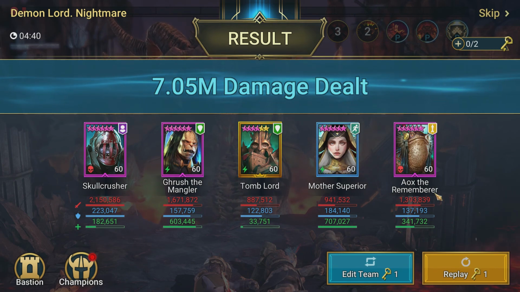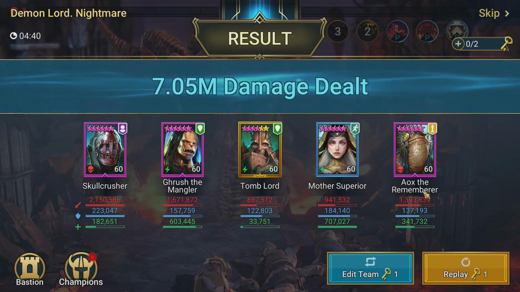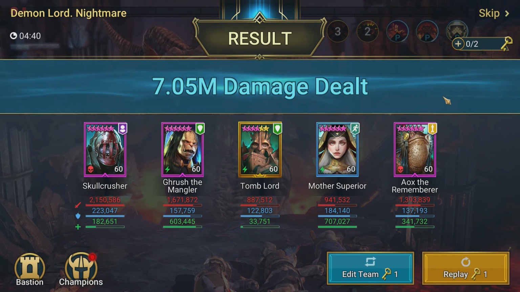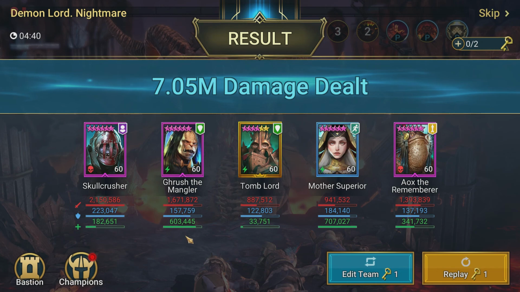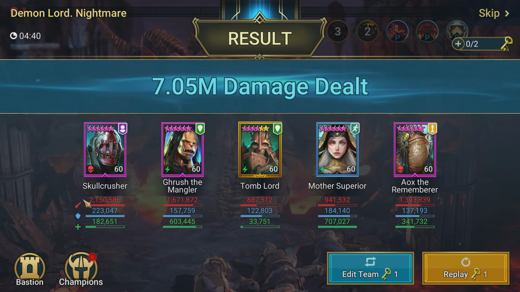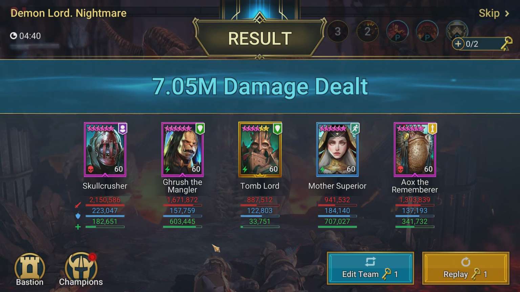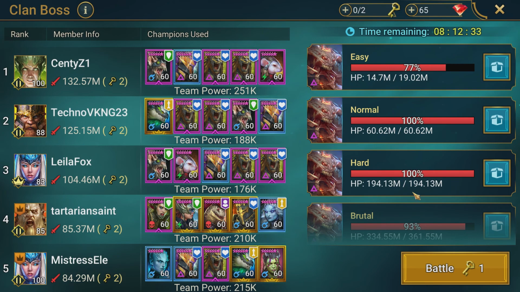But look at Aox though. I mean, 1.3 million, and we don't have War Master on him, and the gear. He's not designed to do damage. That's very impressive for him to come in and do that there. So, Grush 1.6, not too bad. And then Skullcrusher, that's with that extra poison damage. That's helping him out a lot to be able to do a little bit more damage there. So. It is what it is. I don't think that's going to be...